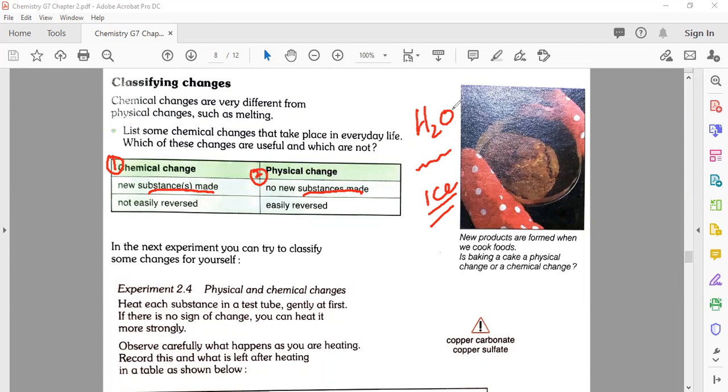Same like in liquid form, same like in ice form. Only its state change. Understand? Now, the second property about chemical change, number 2, is not easily reversed. It's very difficult to reverse a reaction. But in physical change, you can easily reverse. For example, if you put the ice back into the normal temperature or outside from the refrigerator, it will again